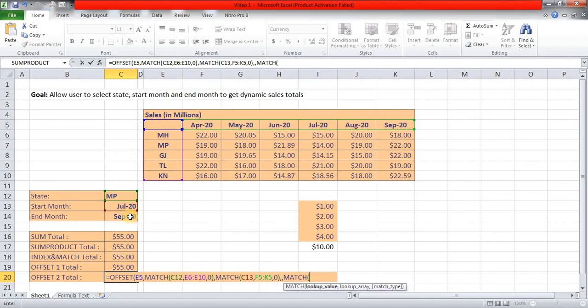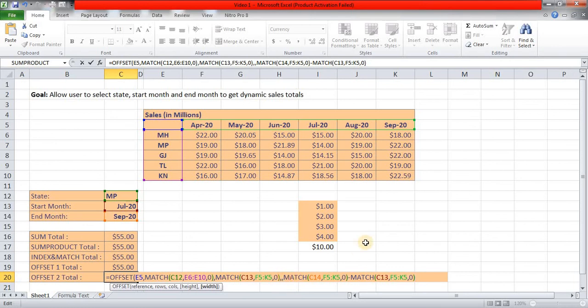So match, my end month is September, comma, lookup array is this, comma, I want exact match, so I am putting 0 here, and I'll say minus, again I'll say match, tab, my lookup value is now my start month, so we are deducting start month from end month, comma, my lookup array is the same again, and we want exact match, so 0. Now if I select these two matches and see the result, it is giving us 2.